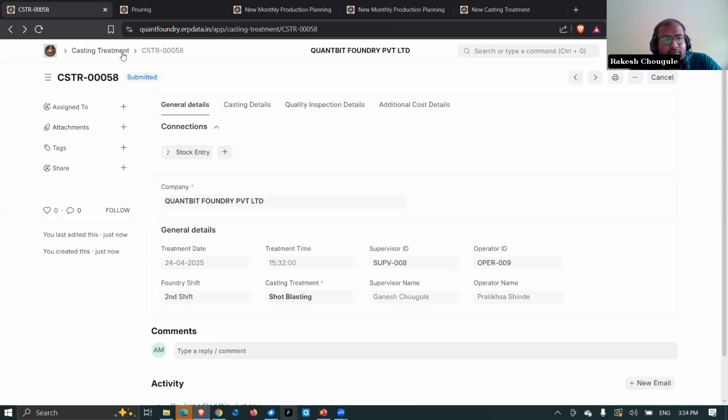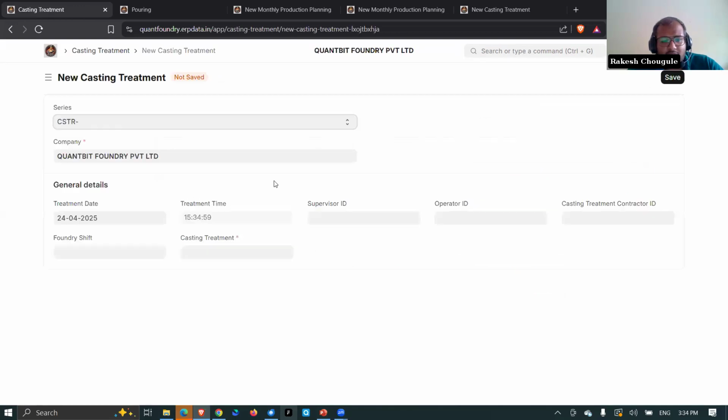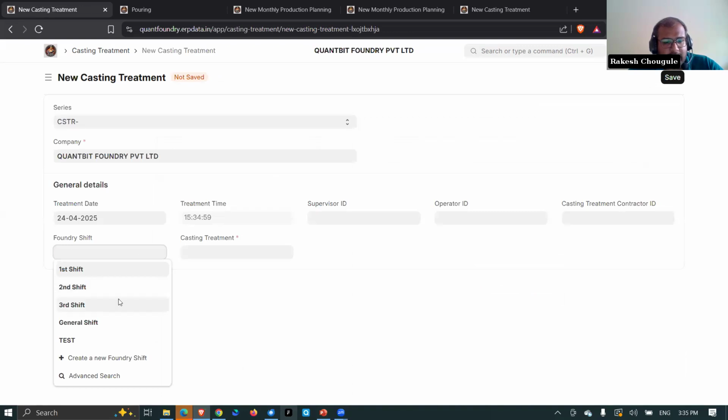So we will make casting treatment entries for fettling, painting, and all these accordingly. So now I'm doing fettling. So in fettling,